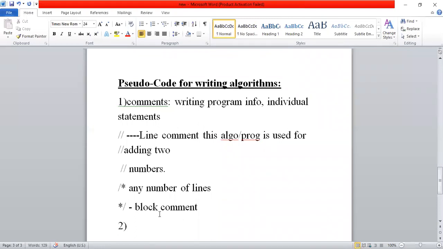Okay, next one is blocks. Blocks are represented by an open curly brace. In between, you can write any number of statements. What do you mean by block? A group of statements. Whenever a group of statements needs repetition, even in a for loop or while loop,